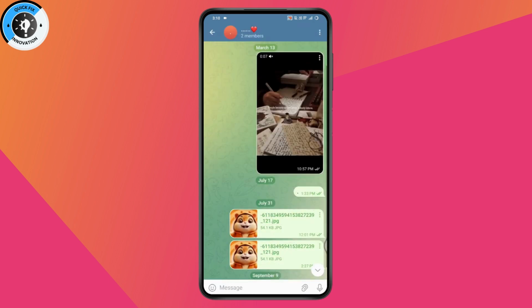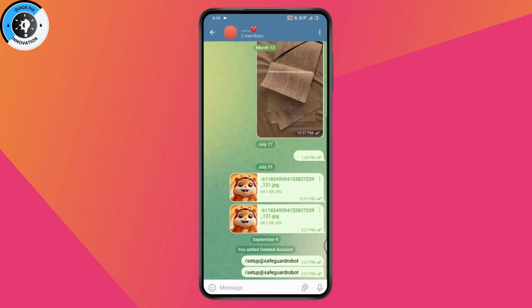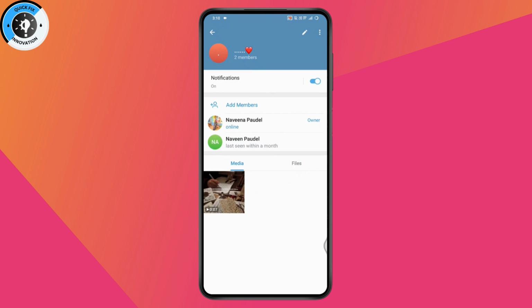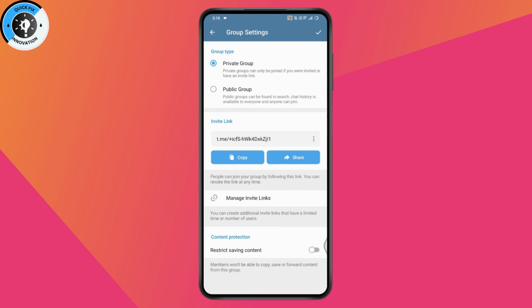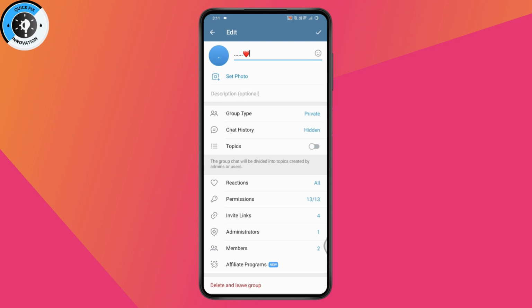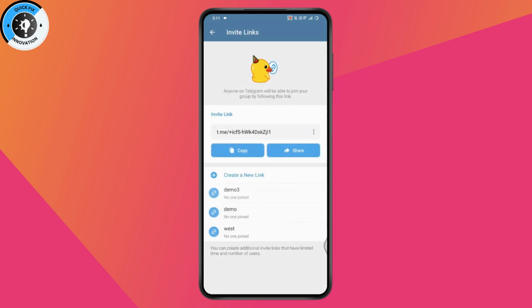So once you've selected the channel, make sure that you've created the channel and go with the top, which has a channel name, and now go with the top right, which is the pencil shaped icon. And first you need to go with the group type and make sure that your group is a private group. If you have set your group to a public group, you just need to simply go and set it as a private group. Once you set that as a private group, you just need to simply go with invite links